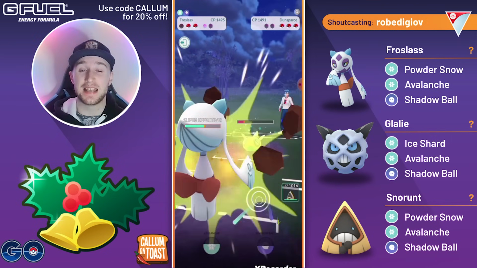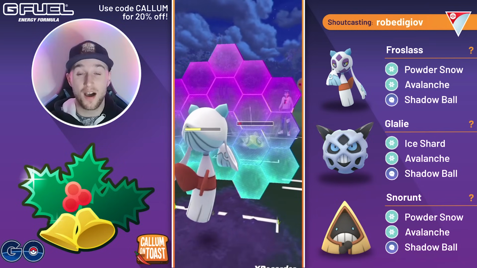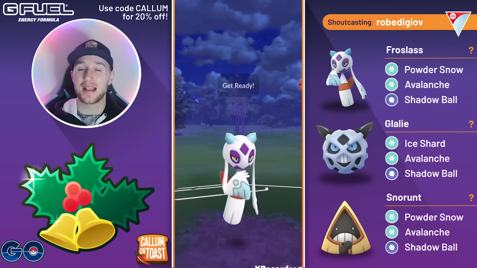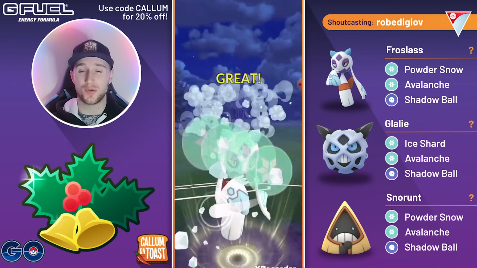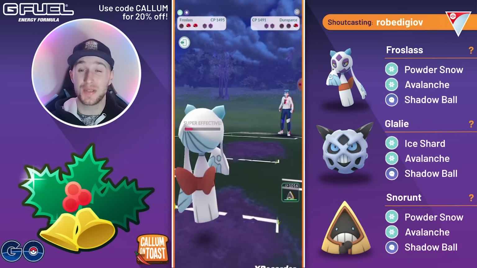Coming in with the Frost Sass. Now I believe the play here is not to throw, yes, just shield this up and then we will come out with a ton of loaded energy, which is always deadly with a Frost Sass. They come back in with the Arctopax, we make it to the Avalanche before they make it to a charge move. Avalanche takes out the Arctopax, they come back in with the Dunsparce, we take them out as well,